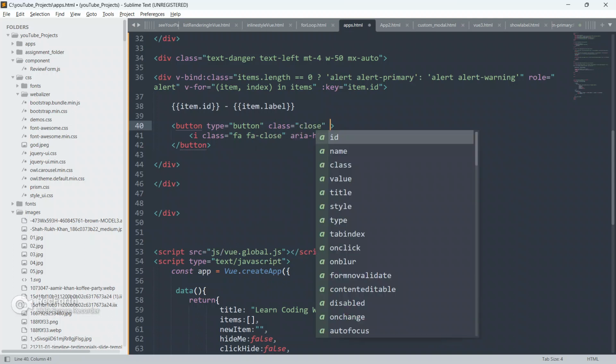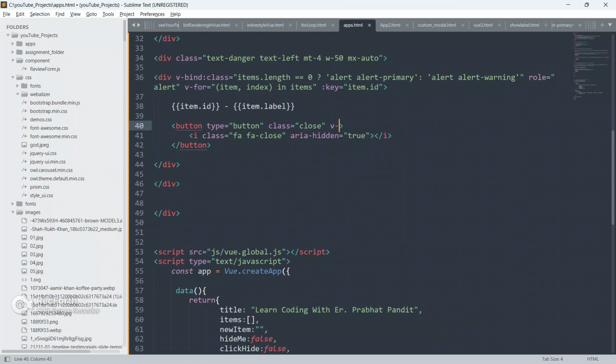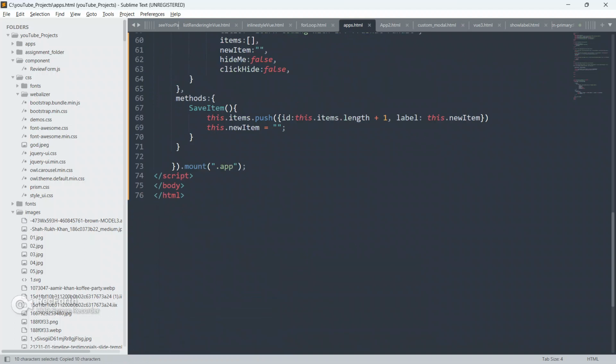Inside this button element, I'm gonna give type button, and I'm gonna give class close, and I'm gonna give v-on:click. I'm gonna run a method, deleteItem. Now I'm gonna define this deleteItem in our methods.